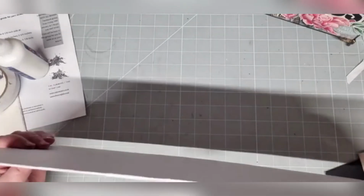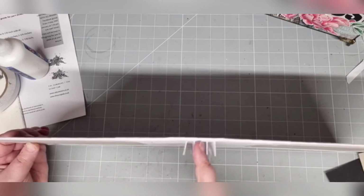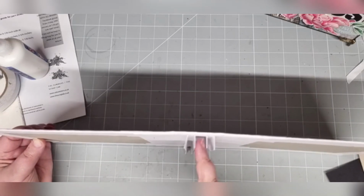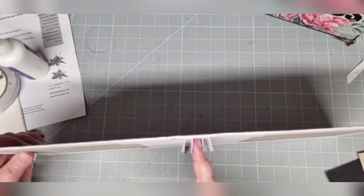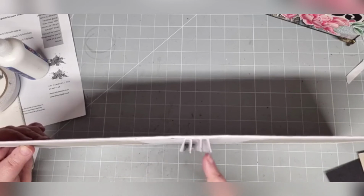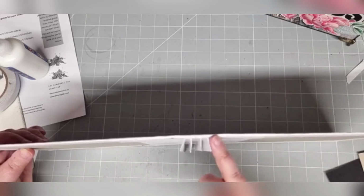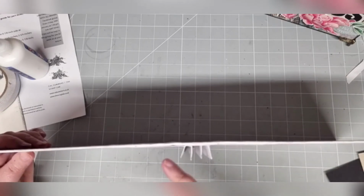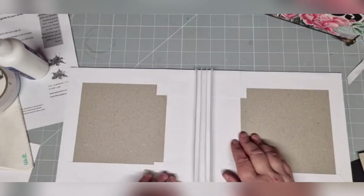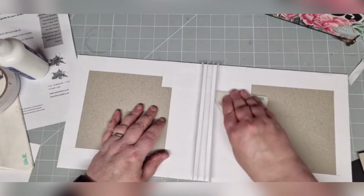Okay, so now if you look at mine here, you can see that that's my pencil mark that I made for the middle, and the middle of my middle gusset is there. And if I turn it the other way round, it's exactly the same. The middle of my middle gusset lines up with the middle of my spine, and that little pencil mark. But you can also see that none of my hinge unit is coming away from my spine, okay? So I keep going over this. So for the next 10 minutes, 15 minutes, something like that,